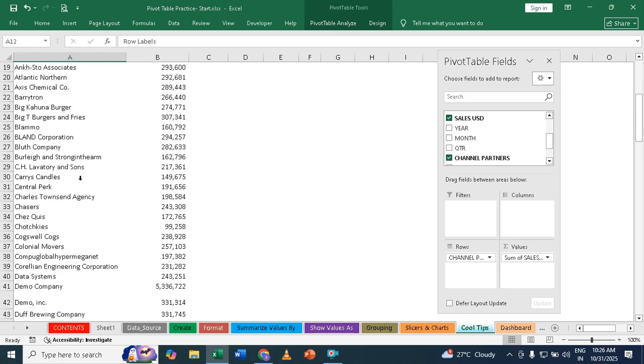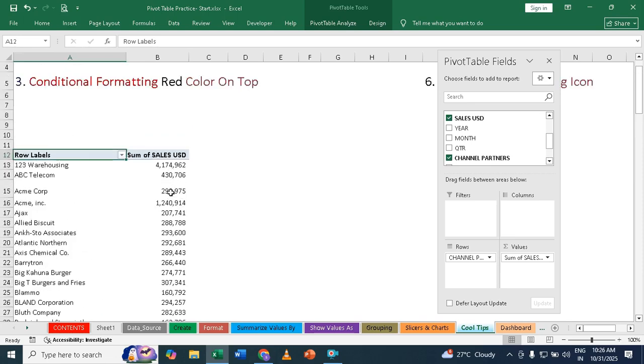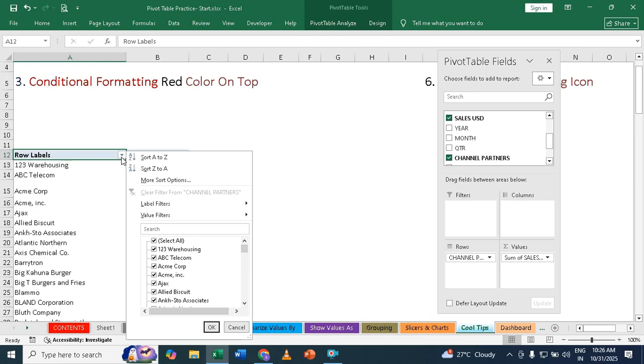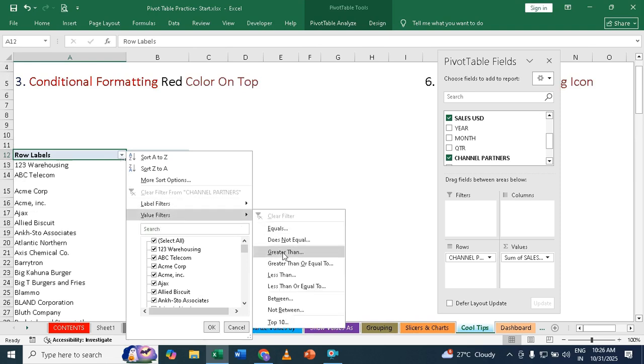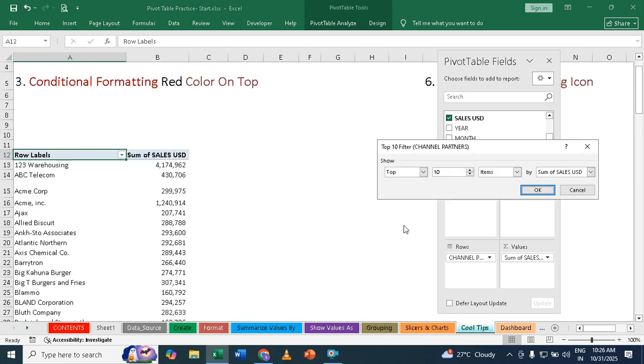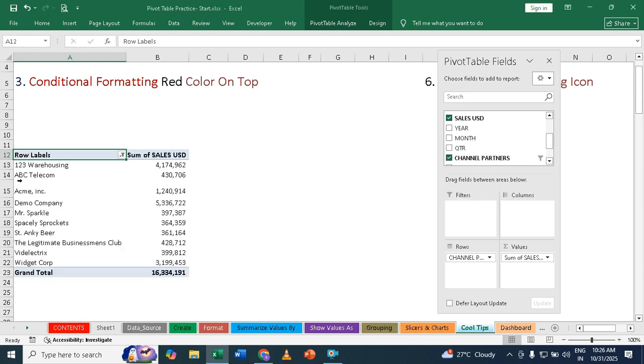Now I would like to have the top 10, which is the highest top 10 sum of sales. For that you can just click on this arrow sign here and value filter. There's an option called top 10. Click over there. Here we have top and bottom. I want top, and you can change the number also. Instead of 10, if you wanted 3 or 5. At the moment I just want top 10. This will be items and sum of sales. I can say OK. So it gives me the top 10 persons, the highest top 10 list is coming over